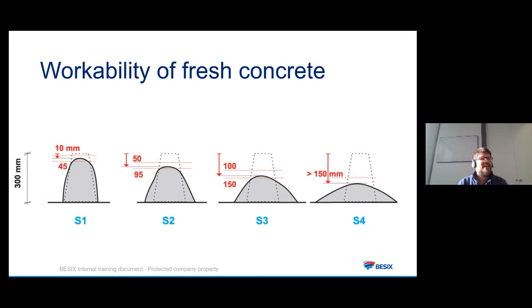So basically, you have what we call the Abrams cone, which is a cone that is 300 millimeters high. You can see it in dashes here. You fill it with concrete. It is a standard method. And then you remove the cone and you see how much the concrete cone is collapsing. And you have this S1, S2, S3, S4, and even S5, which is how workable the concrete is, how fluid